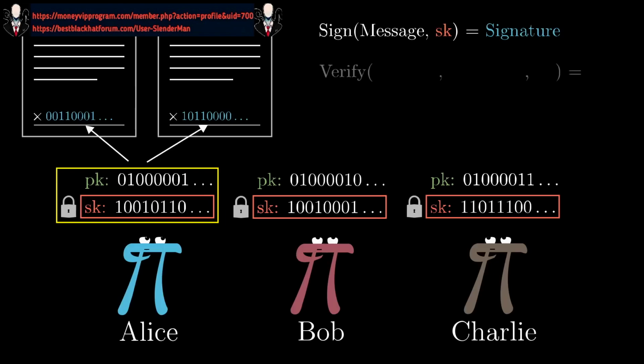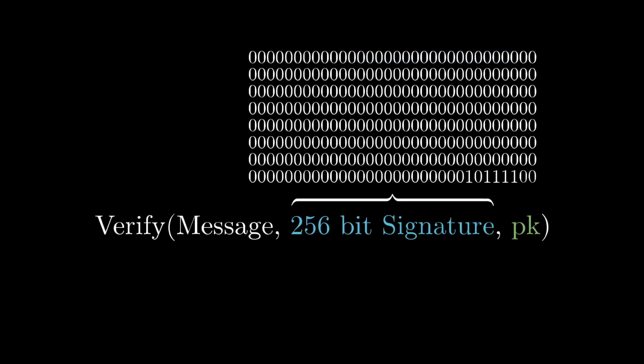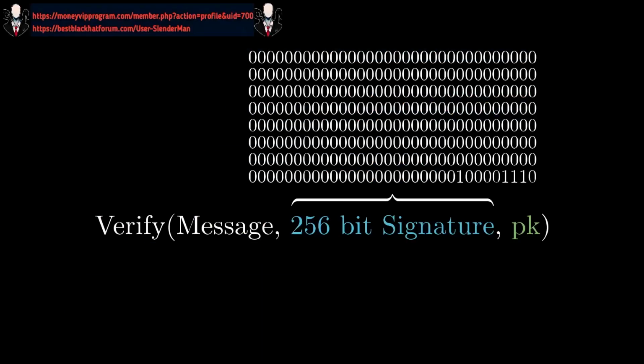Hand in hand with this is a second function used to verify that a signature is valid. And this is where the public key comes into play. All it does is output true or false to indicate if this was a signature produced by the private key associated with the public key that you're using for verification. I won't go into the details of how exactly both these functions work, but the idea is that it should be completely infeasible to find a valid signature if you don't know the secret key. Specifically, there's no strategy better than just guessing and checking random signatures, which you can check using the public key